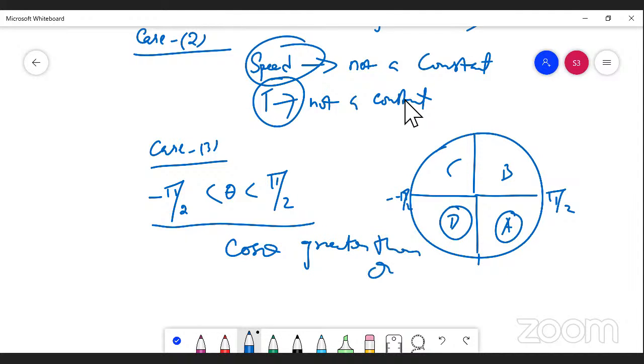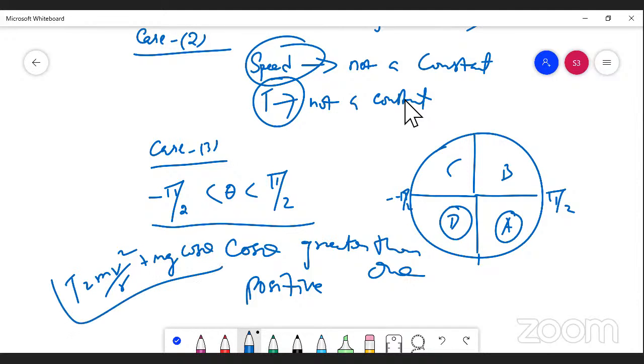Greater than 1, it is always positive. Always positive in the region of minus pi by 2 to plus pi by 2. So what happened? Tension T is equal to, what's the formula? T is equal to mv square divided by r plus mg cos theta. If the mg cos theta value is positive, I mean the value is greater than 1, tension